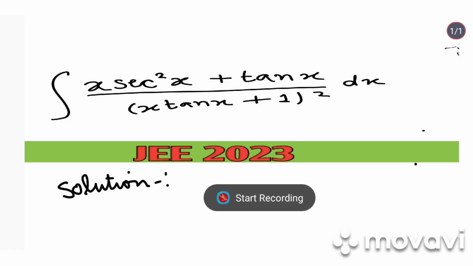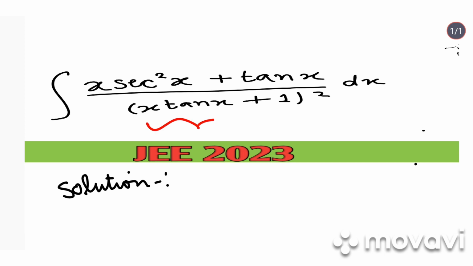Hello guys, today's problem is an integration problem and it is defined as given on the screen. So firstly we will find the differentiation of the denominator, because we have to do a substitution, and to do the substitution we will find the differential value of the denominator, that is x tan x